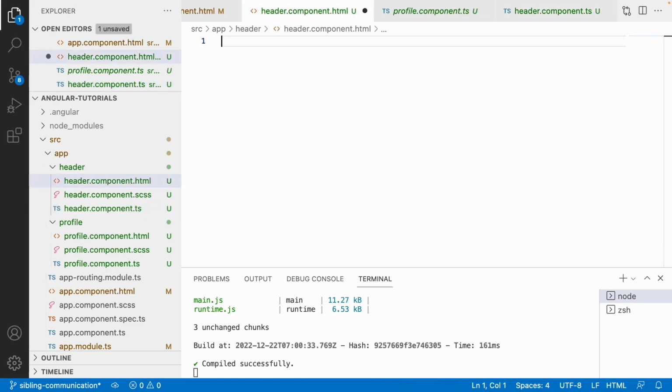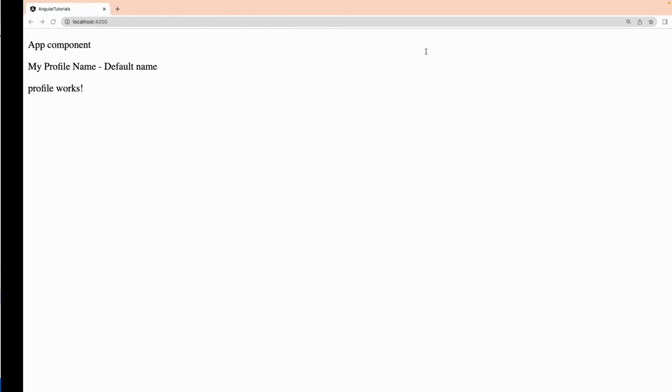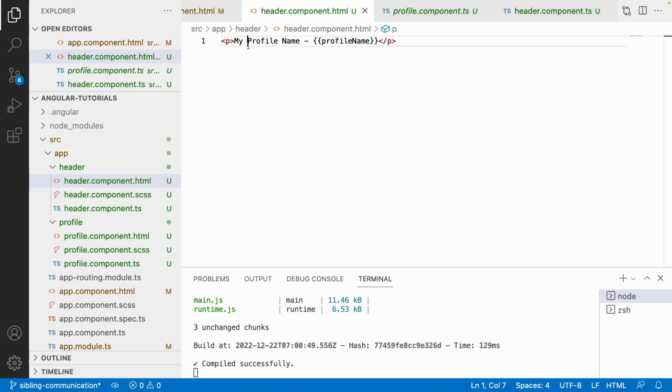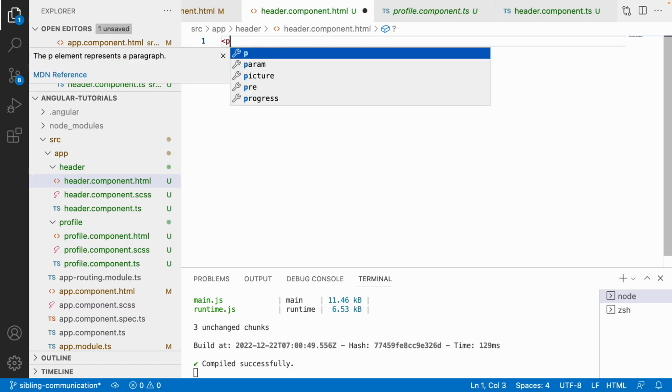Let me showcase this in my HTML. So let me go here and let me write a paragraph. Inside this paragraph, my profile name is of this profile name, whatever we are getting. So let me go here. You can see my profile name is default name, and for this understanding let me use something like a paragraph,